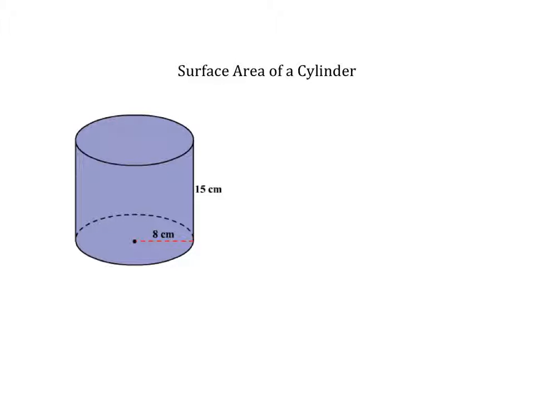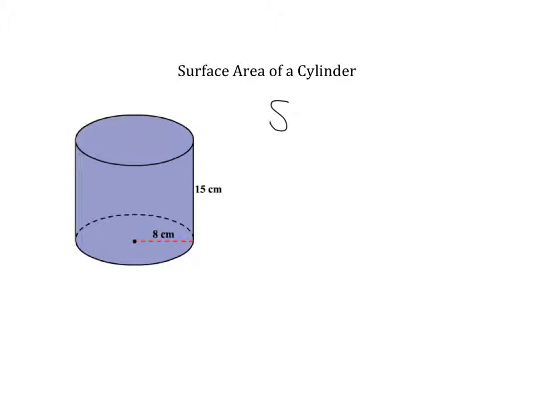Hi guys, I'm going to review with you how to find surface area of a cylinder. So right now I've got my formula chart in front of me and I'm going to look at total surface area. But remember, if you needed lateral area, or not the circles, you do a different formula. But for total surface area, I'm going to use the formula